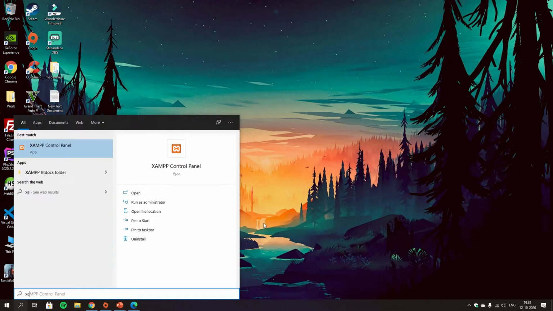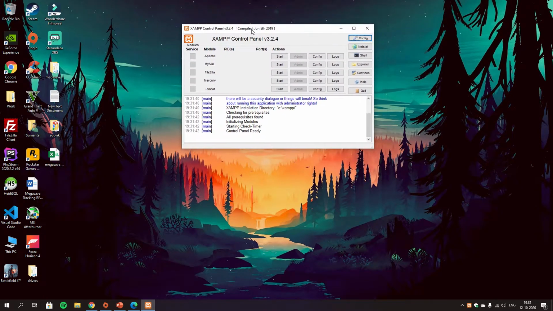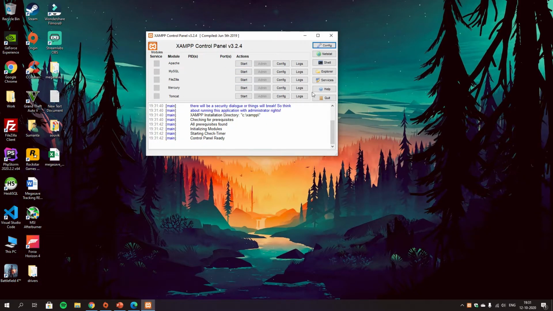Just click on this and you can see this dialog box will open. Here you can see your Apache and MySQL, and you can see two start buttons, one for Apache and another for MySQL. You need to start both of these, the Apache and the MySQL.